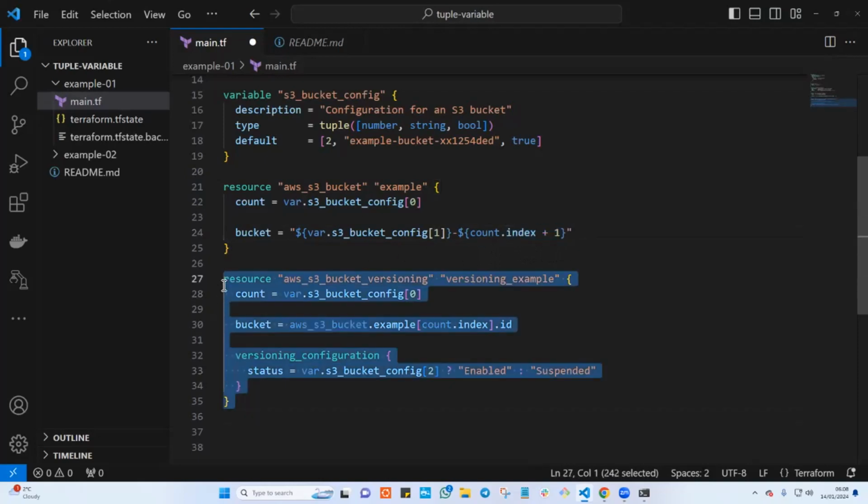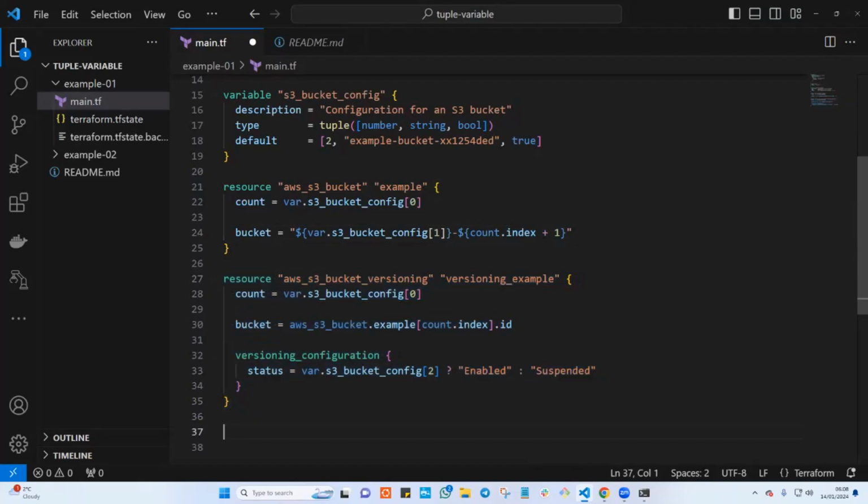Now, we are just trying to enable versioning here, right? And how are we going to enable versioning? We want to enable versioning on multiple buckets. That's why we use the count.index to refer to the bucket name, because the first bucket will be at index position 0, another one will be at index position 1. Now, here, this is where it's cool. We want to enable versioning. We want the status to be Enabled, but we want to check that. We want to use some condition to check that. If we say status, we say